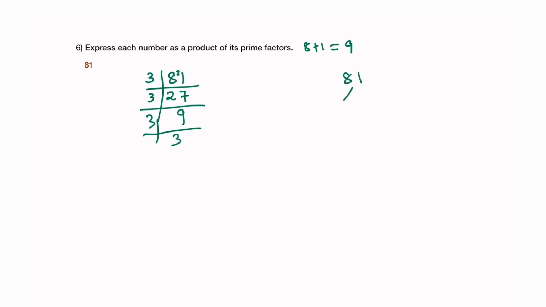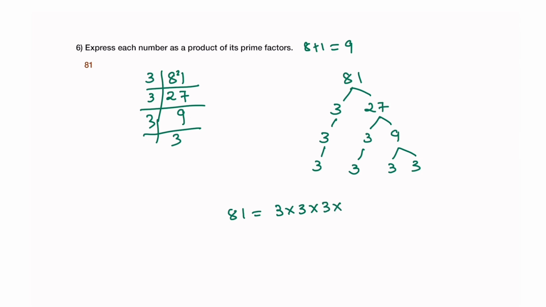So second method here. 3 times 27. Then you take this 3 down. That's 3 times 9. Take this 3 and this 3 down as they're already prime factors. And that's 3 and 3. We end here. So 81 is 3 times 3 times 3 times 3. Okay? Next,